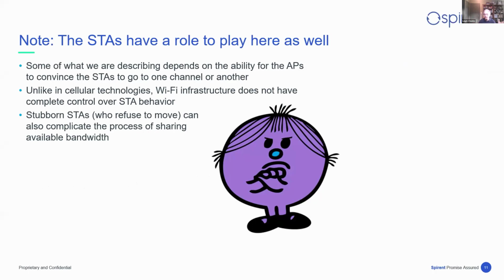I'm going to allocate this much to my fast and this much to my slow, and I'm all set. Well, that works if the stations let you do that. But in Wi-Fi, as I'm sure many of you know, the stations don't actually have to listen to what the AP says. Over the years, Wi-Fi has become better and better at making it possible for the infrastructure side to indicate to the stations what it would like them to do and what it thinks a good idea would be.